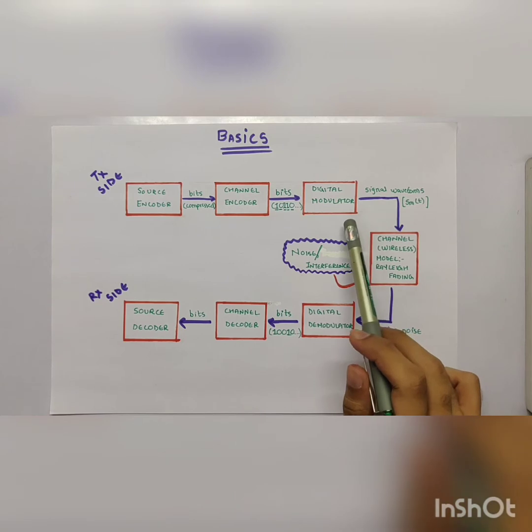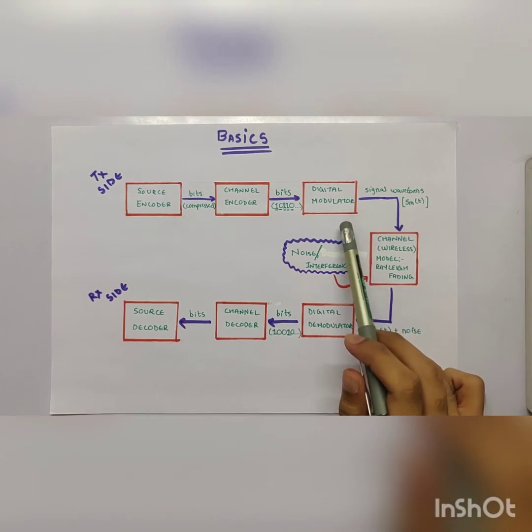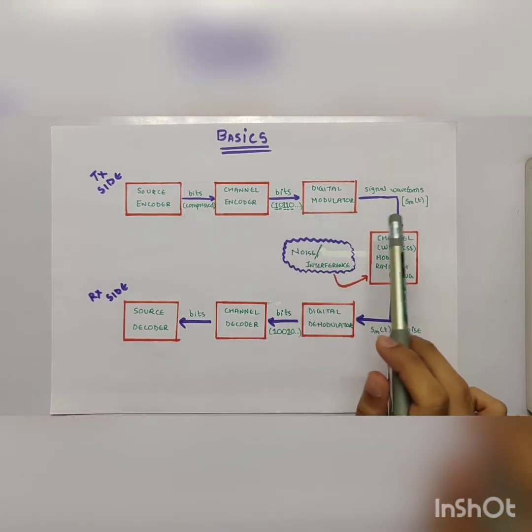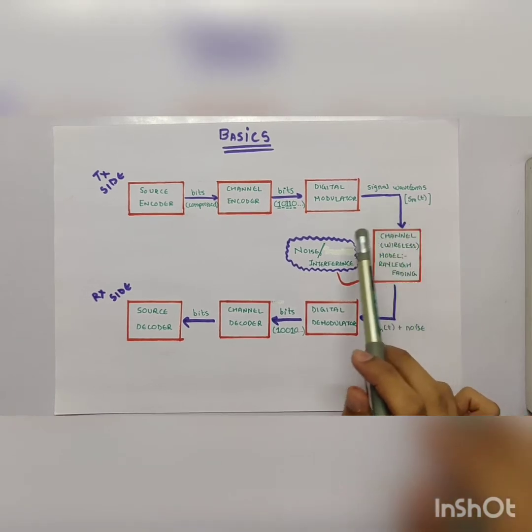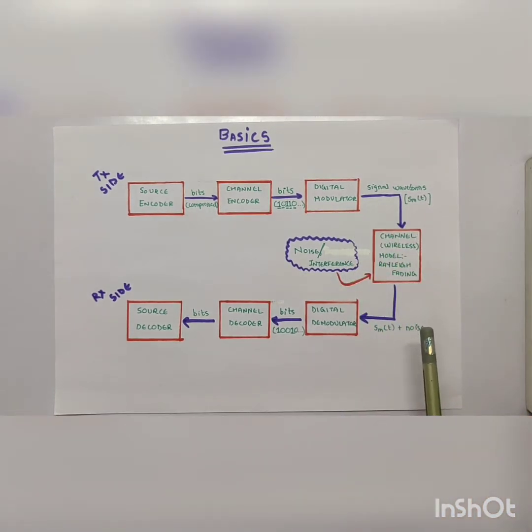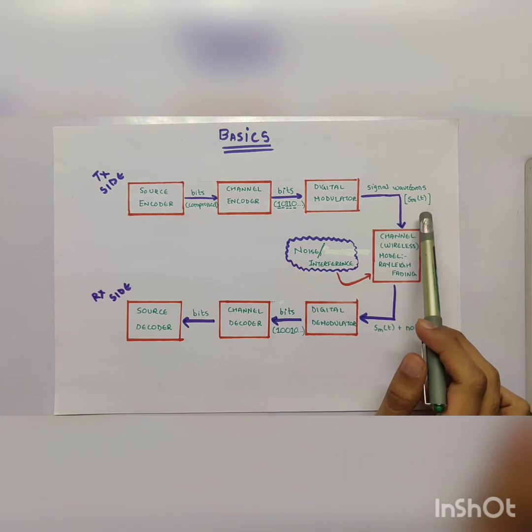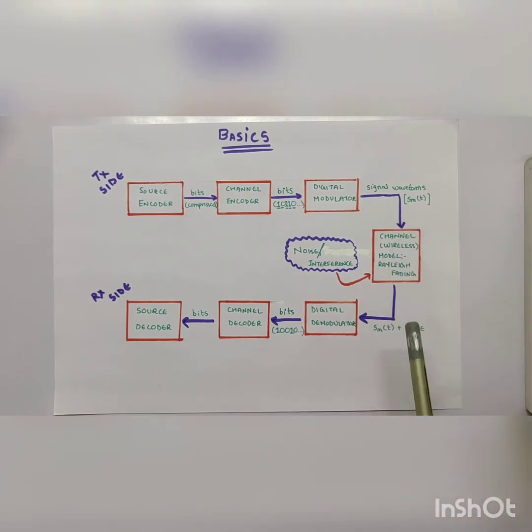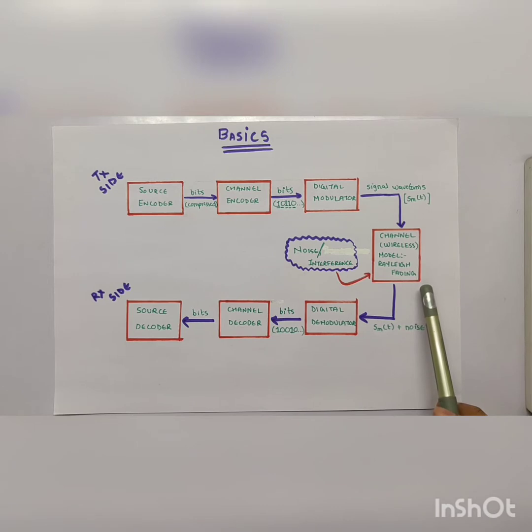Digital modulation is basically a process of mapping the digital sequence to signals like s_m(t) for transmission over the communication channel. These signals can be analog signals or electromagnetic waves in case of wireless channels. The channel is a medium that allows the signal to transmit from the transmitter end to the receiver end. We have adopted the Rayleigh fading model in our project.